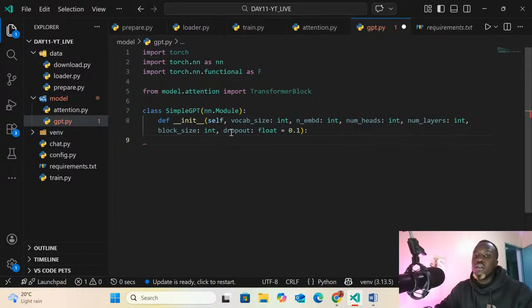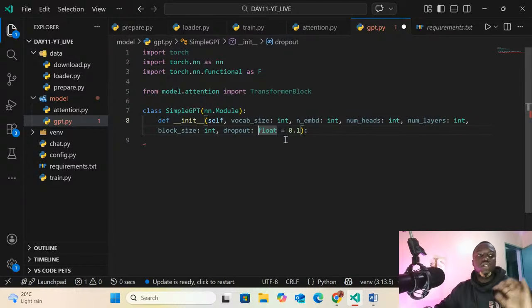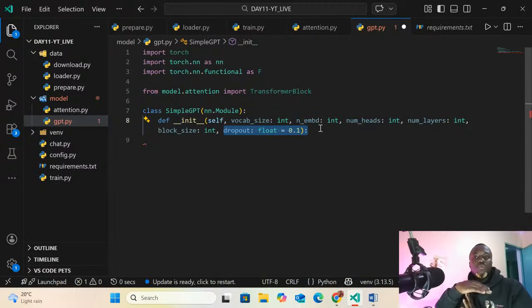But in case you're wondering what dropout is, in case this is a new word to you, it's something called overfitting when it comes to AI. Now, when I train, basically here we are trying to calculate the error rate, so that our model is not 100% accurate. This is to avoid overfitting.